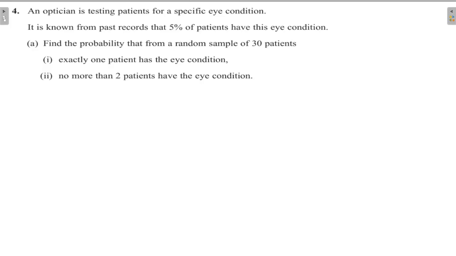4. An optician is testing patients for a specific eye condition. It is known from past records that 5% of patients have this eye condition. So past records show that the probability of the eye condition is 5%, that is 0.05. Find the probability that from a random sample of 30 patients, so n equal to 30, find the probability